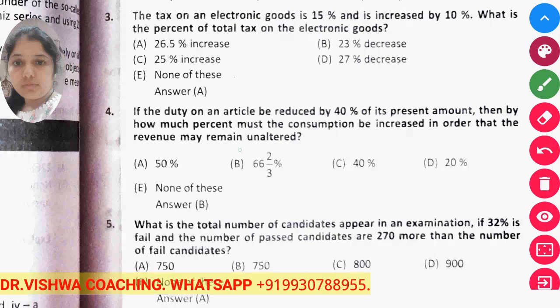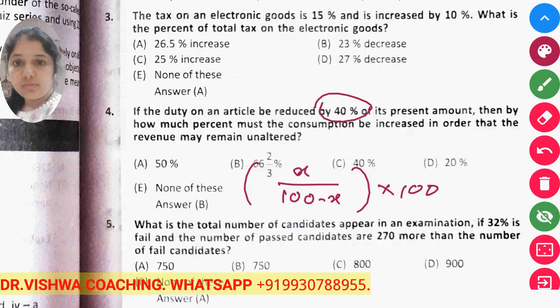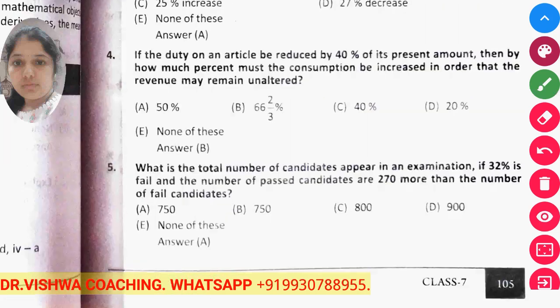Fourth question, the stamp duty of an article is reduced by 40% of its present amount. Then by how much percent must the consumption be increased so that the revenue remains unaltered, means the cost remains unaltered, the expenditure remains unaltered? So you have to use the formula. Which one? The reduction one, x upon 100 minus x into 100. Here your x is 40, put the values and calculate, you will get the answer, and it is already given to you,